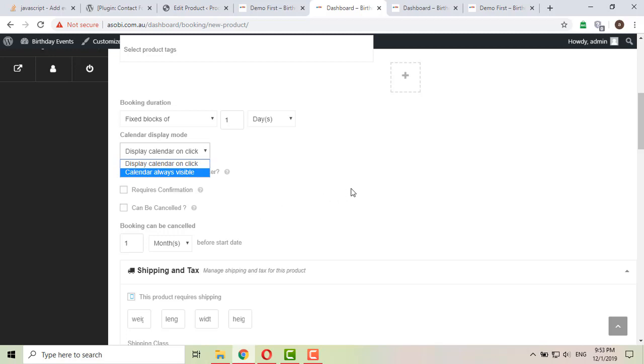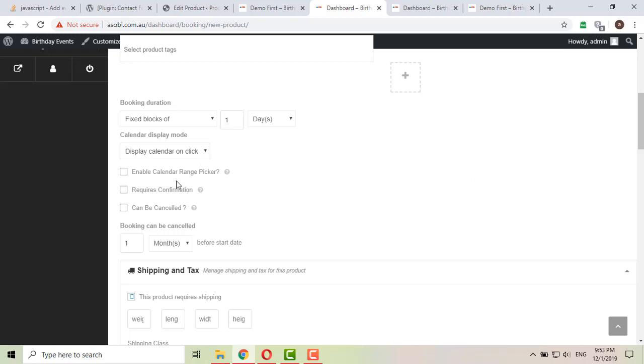There are some websites you have also seen where the calendar is permanently present, but here we have set that when someone clicks on book, a calendar will open. I will show you what this means.